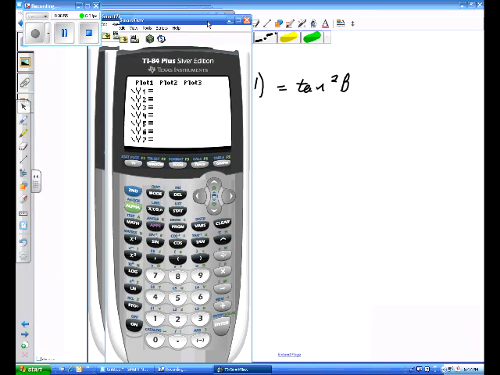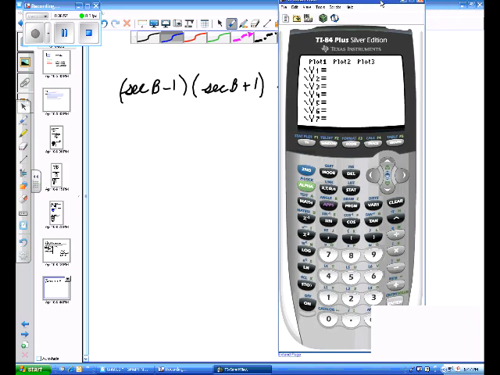Okay, we're going to graph, and let's start with the left side, and we had secant. Let's just move this over here where we can see this. We had secant beta minus 1. Now, secant is the reciprocal of cosine. So we can do this one of two ways, putting it into our calculator. We're going to need parentheses. Probably the easiest way at this point would be to put 1 divided by cosine